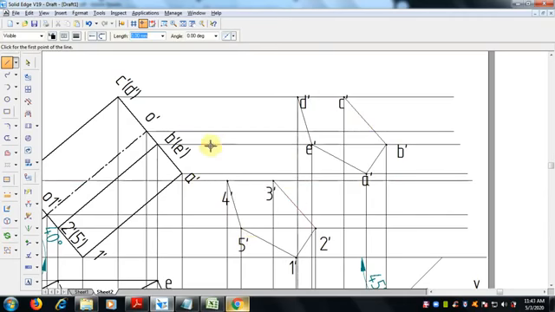Now we can find which is the outer one. See here, 1A is there, 2B, 3C, 4D and 5E.